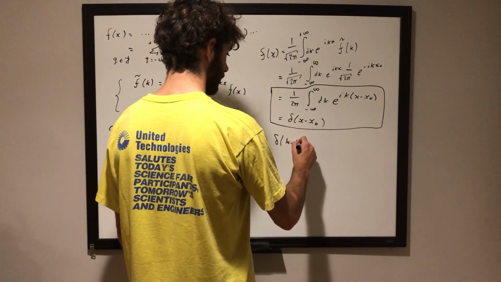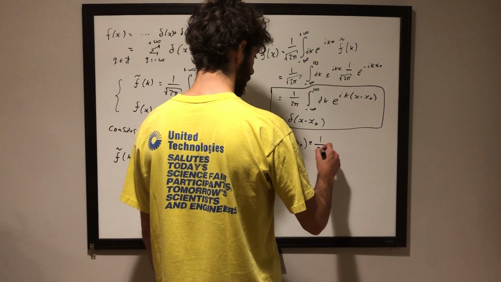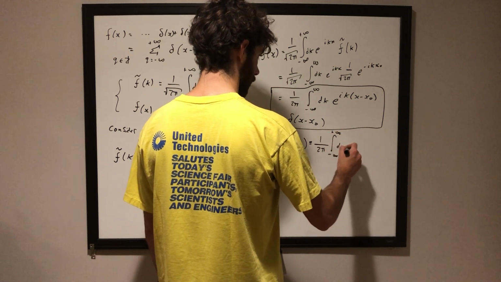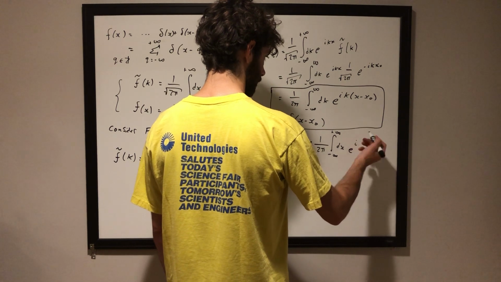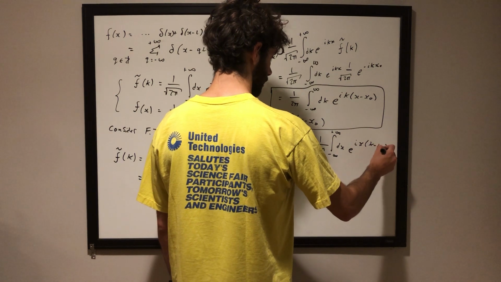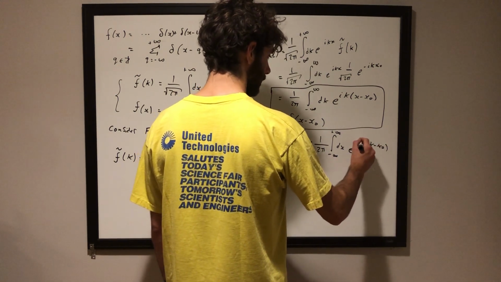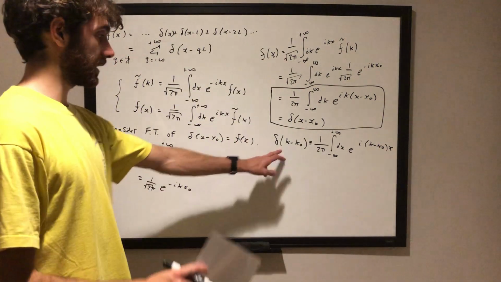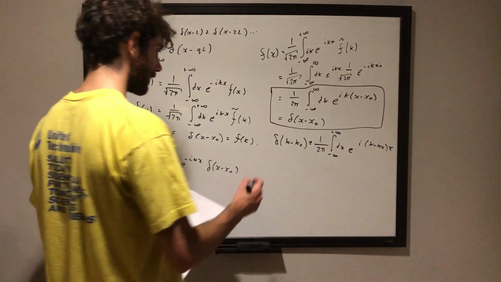If I replace all the x's with k's and all the k's with x's, I get delta of k minus k naught, but maybe I'll swing the x over here for consistency. So here's a representation of a delta function in momentum space. And last time we were looking